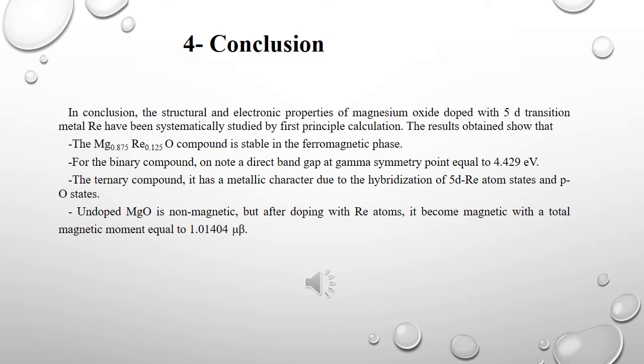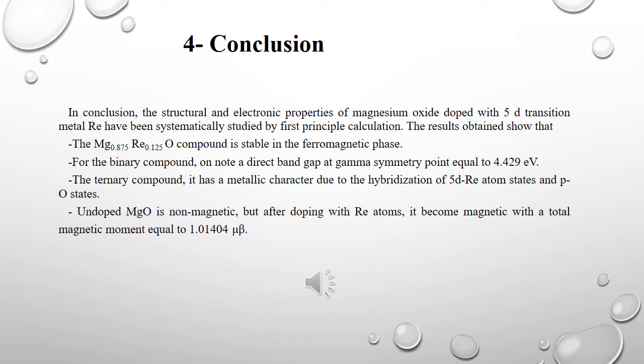In conclusion, the structural and electronic properties of magnesium oxide doped with the 5d transition metal uranium have been systematically studied by first principle calculation. The results obtained show that the ternary compound is stable in the ferromagnetic phase. For the binary compound, there is a direct band gap at the gamma point equal to 4.4 electron volts. The ternary compound has a metallic character due to hybridization of the 5d uranium atom state and the p oxygen state,